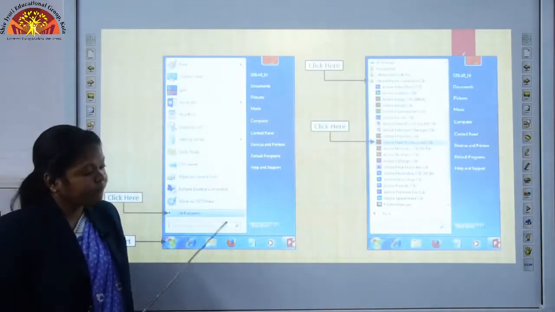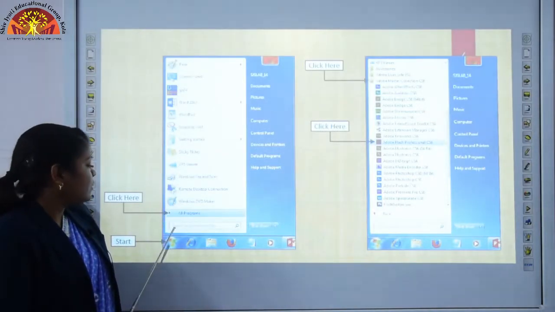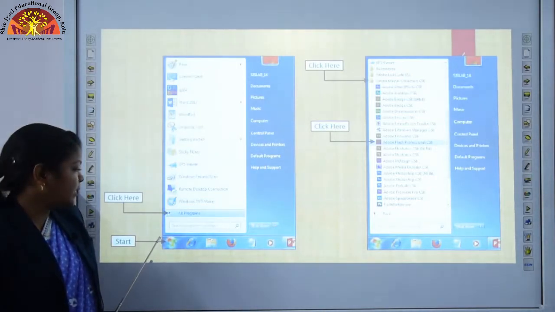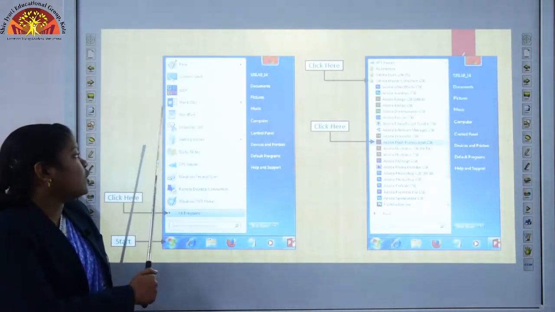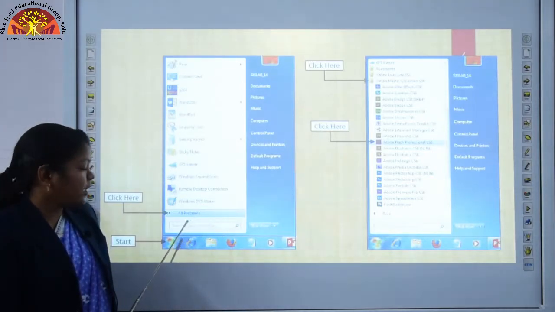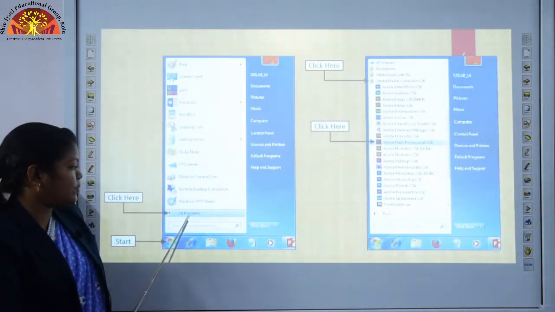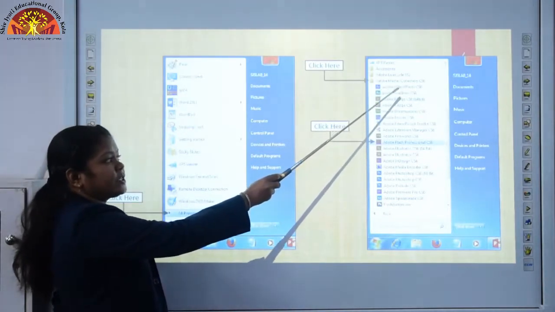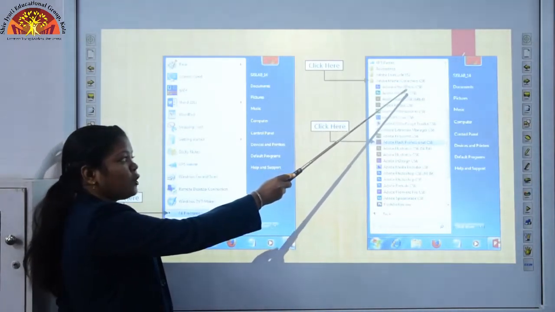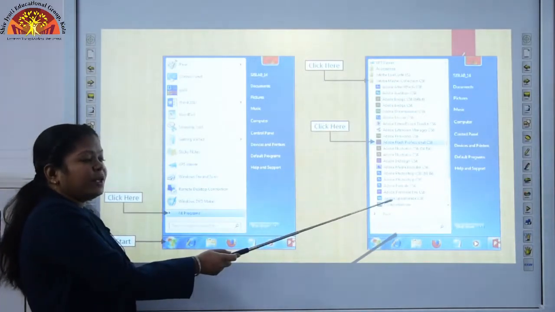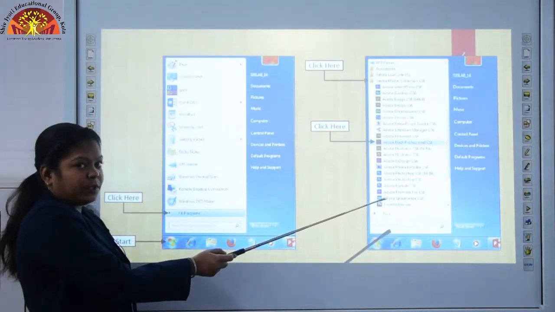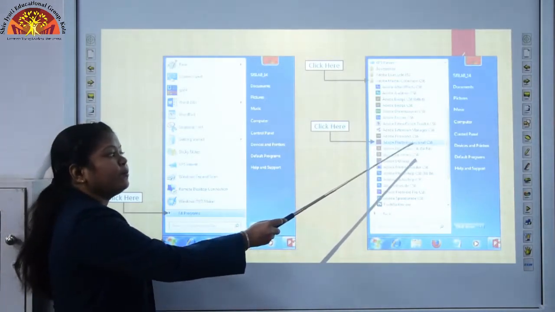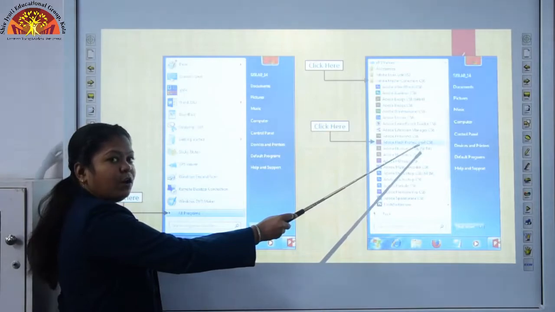Let's see. Here you can see, students, this is your start button on the desktop screen. We have to click on this button, then you can see the list of options appear on your screen. Here we have to click on the all programs option. Now in the third step, we have to click on this Adobe Master Collection CS6. Okay. When we click on this option, here you can see the various applications provided by the Adobe software. Okay. And here we have to select this software, Adobe Flash Professional CS6. So we have to click on it.